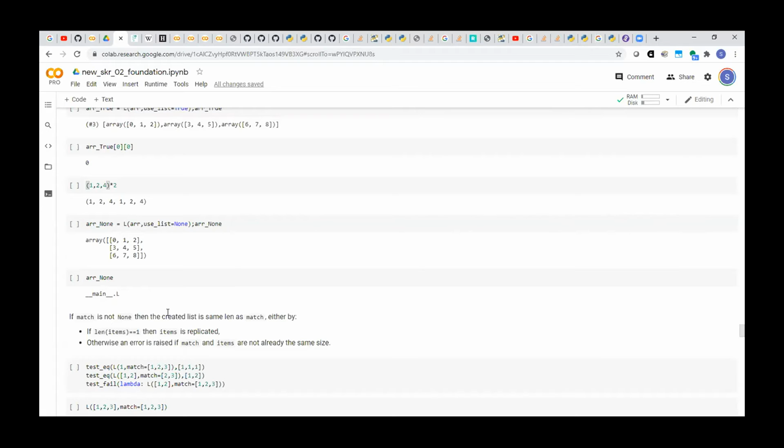Let's look at match. What match is: if match is not none, then the created list is the same length as match. So the idea is, if the length of items is 1, then the items is replicated. Otherwise, an error is raised if match and items are not already the same size. So this is the code we saw earlier, what it does even in Listify, and it's the same thing when you provide